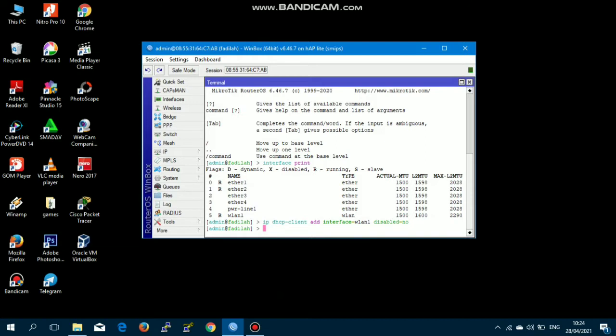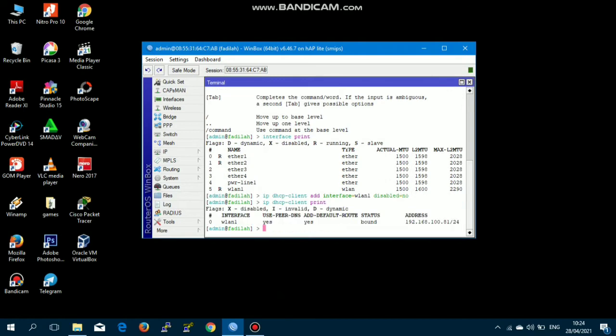Don't forget to enable WLAN 1 in the DHCP client configuration. Then check back on the WLAN 1 interface with the command IP DHCP client print. We can see that the status of the WLAN 1 interface is bound, which means that it's connected and has succeeded in getting an IP address.